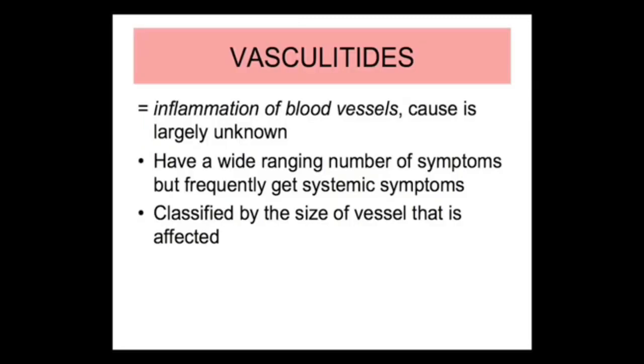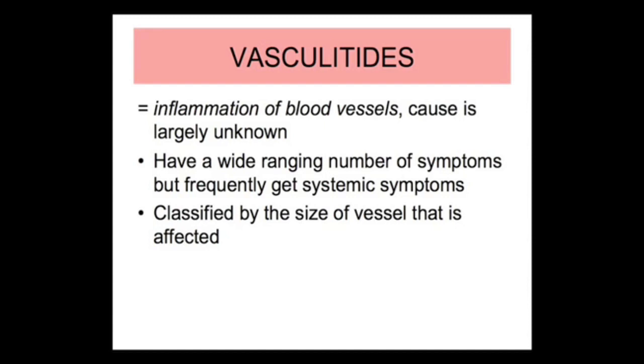So what are the vasculitides? Basically, they all involve the inflammation of blood vessels, and the etiology of how this comes about is extremely confusing and is not very well known. But because it's a chronic inflammatory condition, the patients will often get symptoms which are quite generic and systemic. So these can include fevers, myalgia, sometimes arthritis, tiredness, loss of appetite, etc. But sometimes they have quite specific symptoms, and these are the ones that we're going to talk about the most